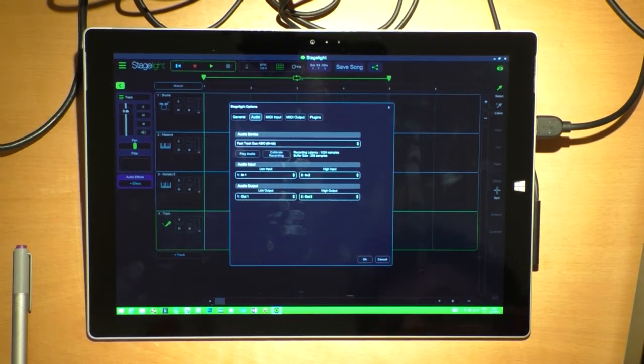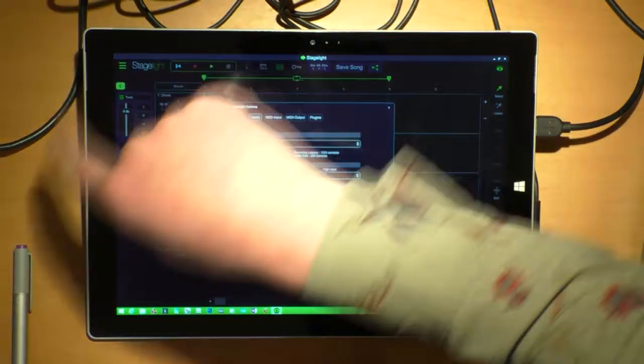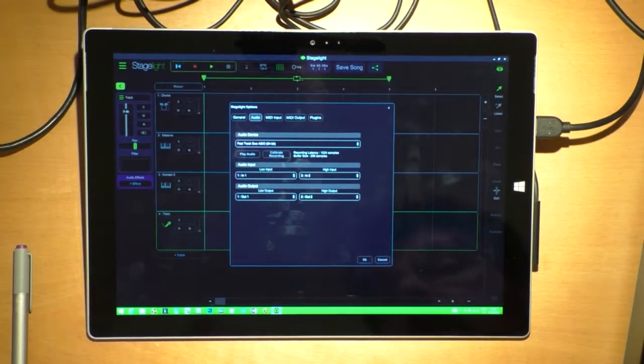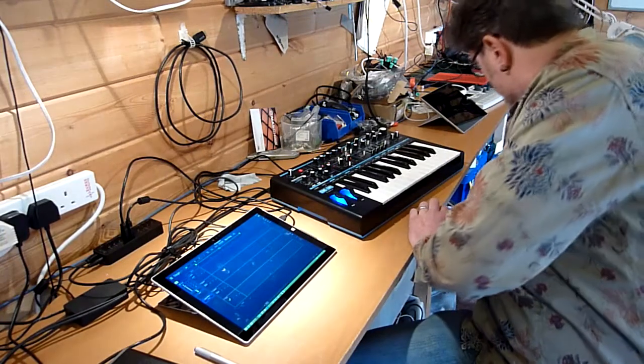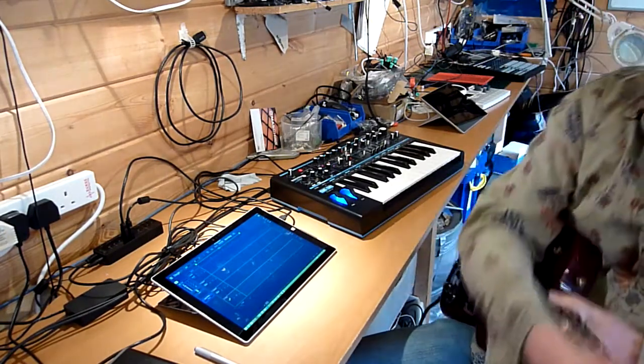That said, using ASIO for all, the performance in Stagelight is great. It works with that all right, using your headphone out thingy or the speakers. But in this instance, I've just plugged in an Avid Fast Track Duo, which is acting as my audio interface, and that works brilliantly. I can then pick up a guitar,